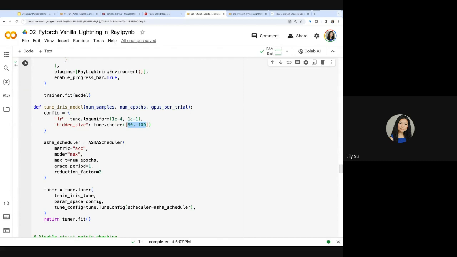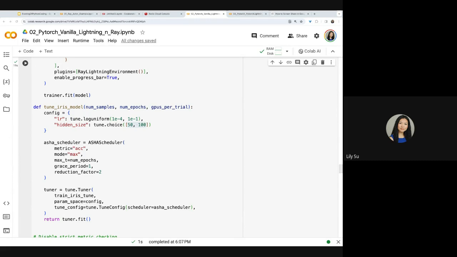There's more things you could tune. You could change the optimizer or just play around with searching for different parameters that you could tune to make your model work better. So that's what Ray Tune does. It runs through that loop. It uses PyTorch Lightning to run through that loop for you, but as you're running through a loop, it's logging these different parameters for you,